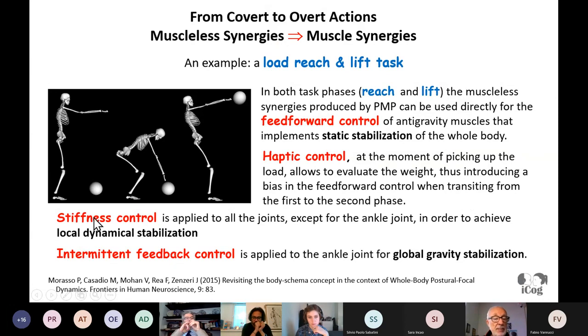Then there is stiffness control for stabilizing the different joints, all the joints except the ankle joint, that for many reasons, which I do not have time to explain now, cannot be stabilized simply by stiffness control, but requires intermittent feedback control, and provides a global gravity stabilization, where the feed-forward gave only the static stabilization. Well, this is just an example. Okay,